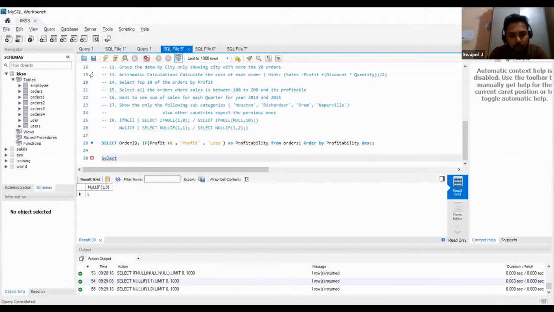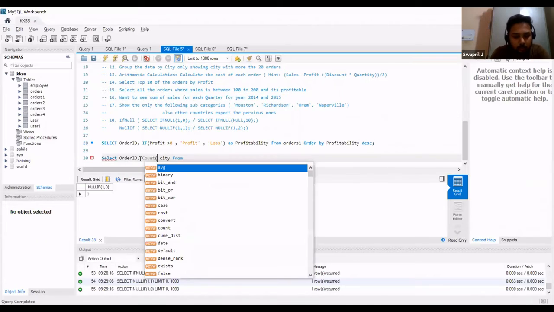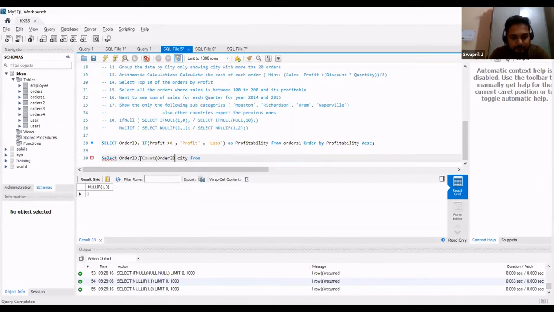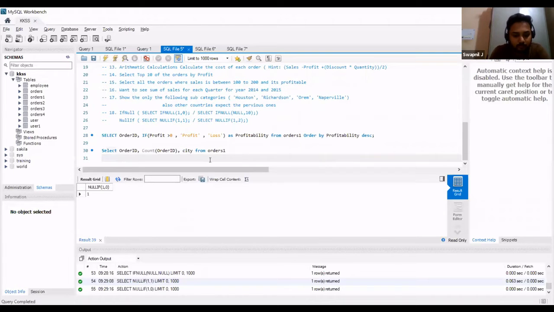Select, for example, city, and we will add one more thing, count of order ID, as orders, group by city, having count of order ID greater than 20.